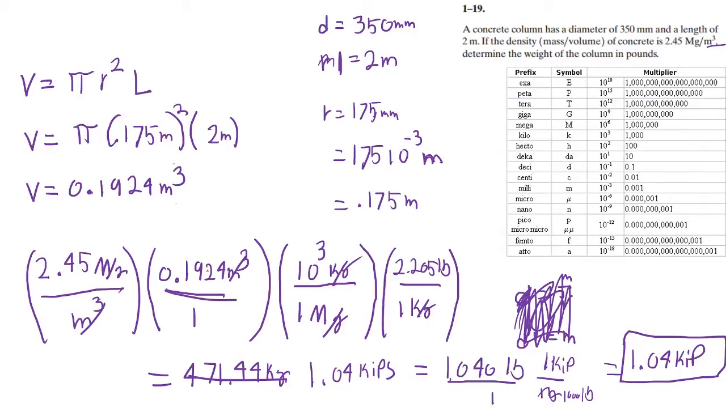We multiplied our volume by density using the density equation to give us a mass. From there, we converted megagrams to kilograms, and from kilograms to pounds. Then we simply plugged it into our calculator. It came out as pounds, and then we converted it to kips. You didn't have to convert it to kips, that was optional, but it came out to